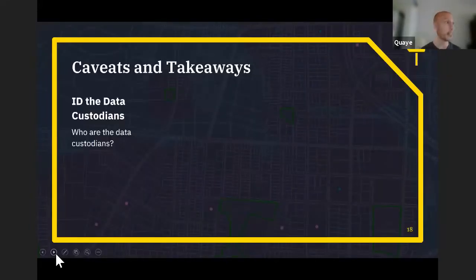Some quick caveats and takeaways. So who are the data custodians? This is always a challenging thing to answer because we were relying on the sheriff's office to maintain or manage our childcare facilities and non-public schools. I felt that this wasn't feasible long-term, and we were looking for other data custodians.